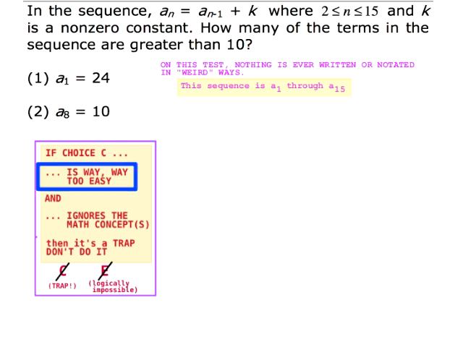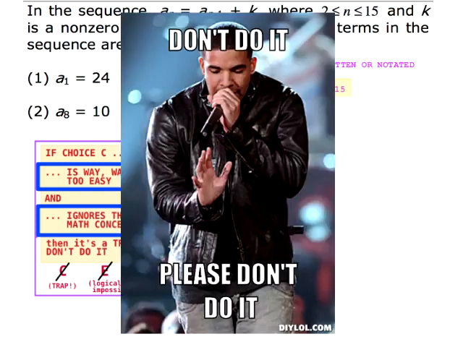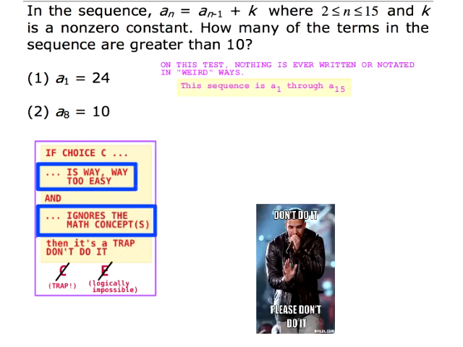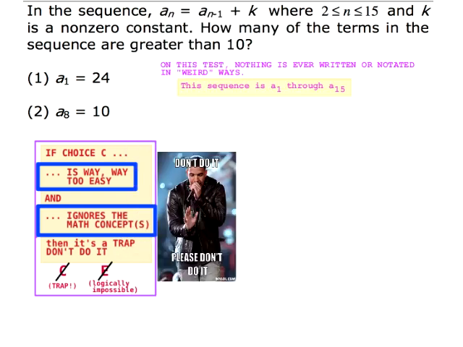Okay. If C does both of these things here, rather than telling you myself, I'll have Drake tell you. If C does both of these things, then don't do it. There. I mean, is it way too easy? Well, if you pick C here,